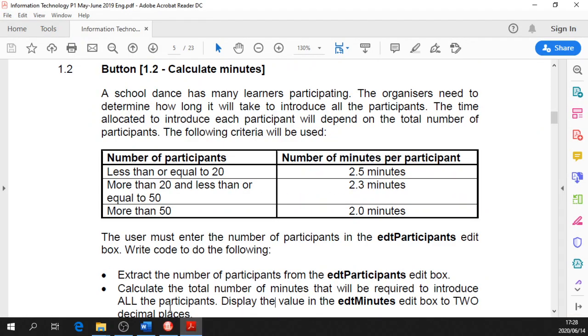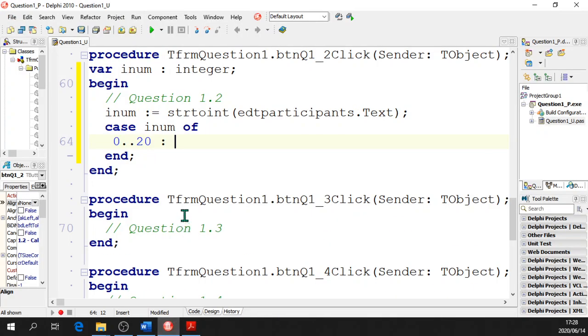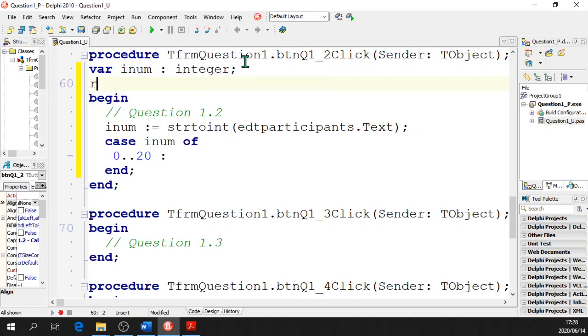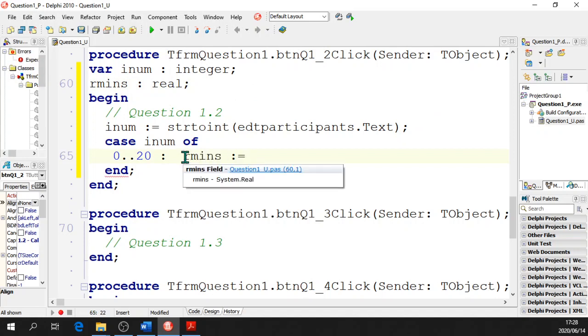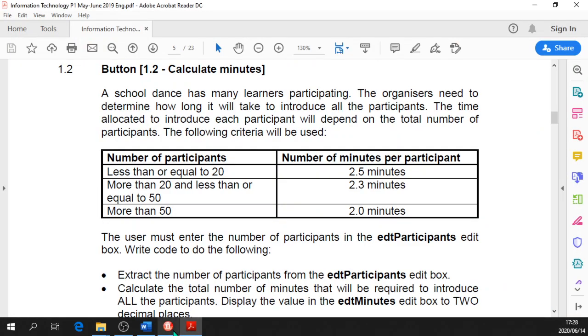You'll never have a negative number of people, might have no people, and then we'll say well, we've got to have a variable here, don't we? R minutes colon real. R minutes equals I num times by 2.5,